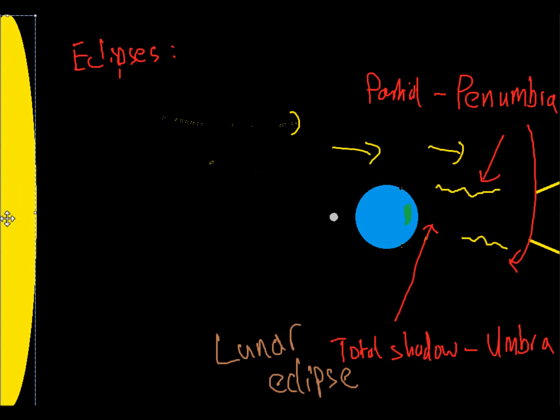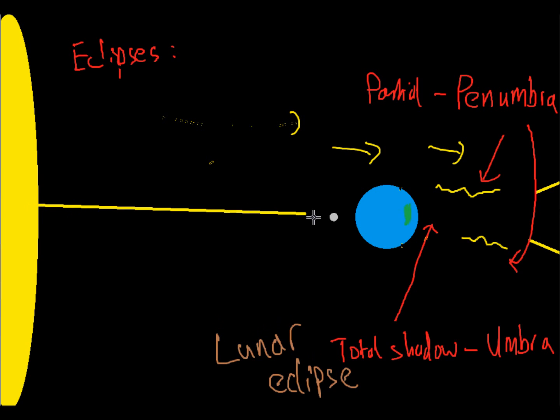So here's my sun, and when the moon occupies this space, what could happen is that there's a region. Now the problem here is that this is not to scale at all. The sun would actually be many times bigger and much farther away, but I'm going to just cheat a little bit to show you the main idea here. We get a region